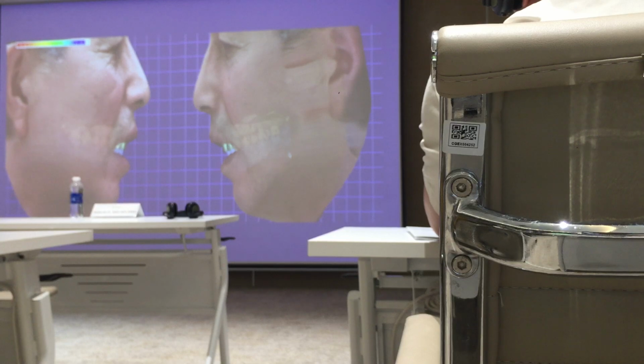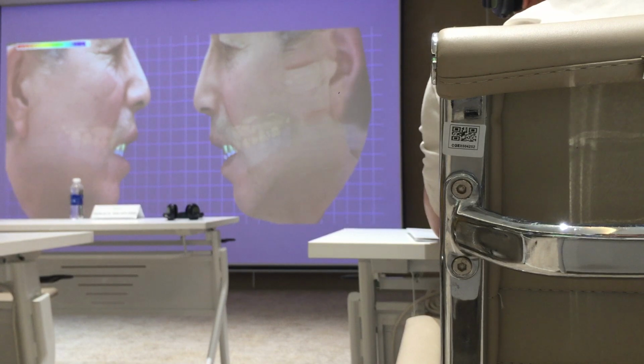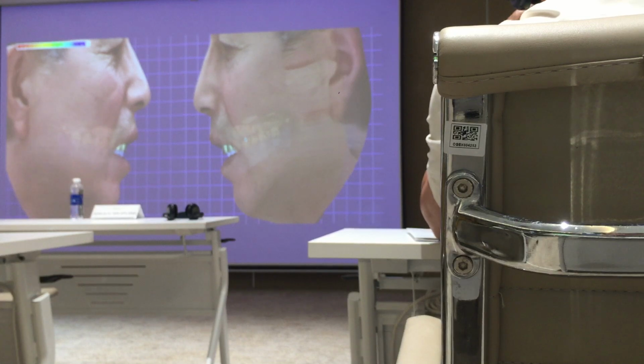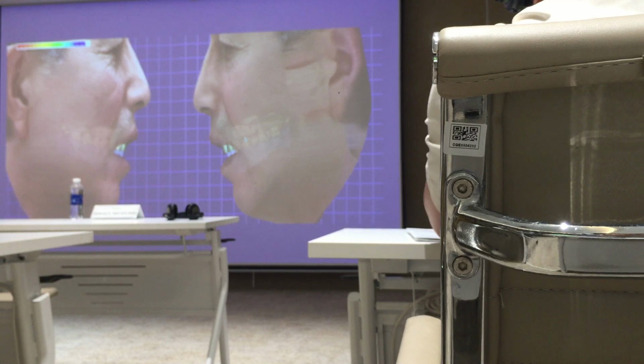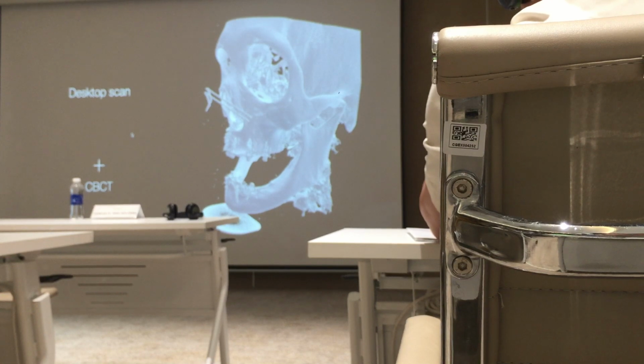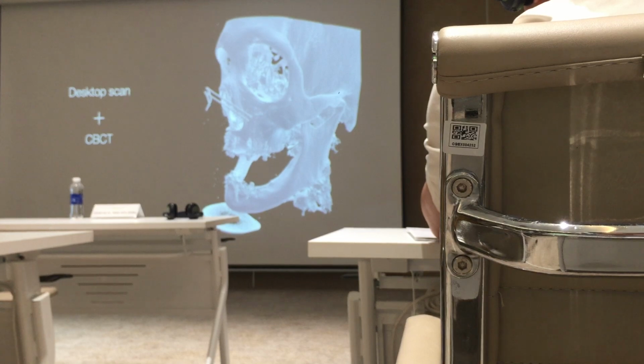So in this facial scan, the error occurred here, and it's not very important because we do have accurate scan of the mouth. But if this error had occurred in this part, that's going to cause a lot of distortion and trouble. So now I'm trying to eliminate this facial scan from my digital workflow. So with a very advanced